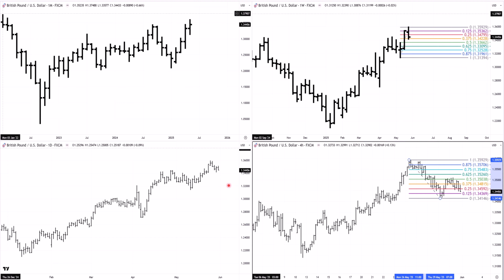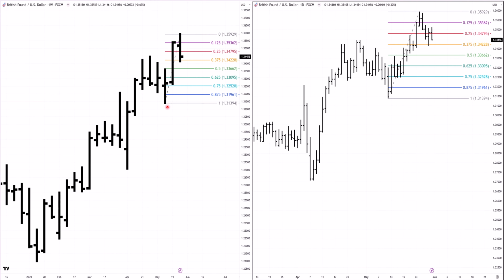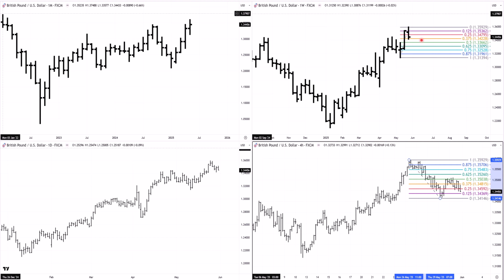Then it's a case of, is it going to stop? Is it going to pull up? This is your weekly chart. That's your daily chart. It's the same thing. Then, as I said, it's a case of, is it going to pull up maybe just a 50%, 62.5% retracement on the weekly chart and then continue up? Or is this our monthly top and are we heading south? As a trader, you don't know until the monthly chart turns down. Often at that point, it's too late. So that's why it's hard.